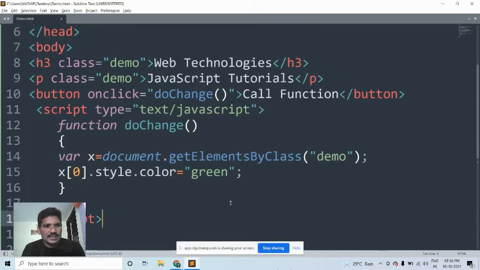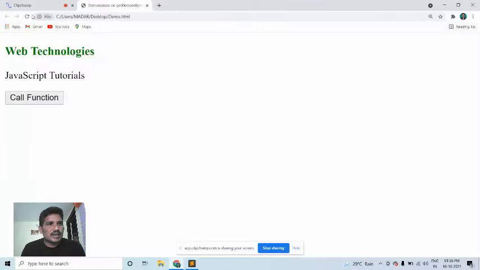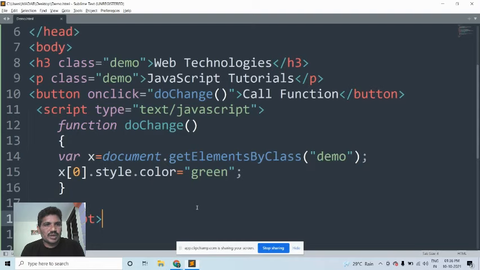Okay, then see here, I would like to refresh the page. Then when I click on the call function, what is happening? We will see. Call function, the x of 0, it does not work. What is the problem? We will see. Document get elements by class name, x of 0, then style dot color equal to green.